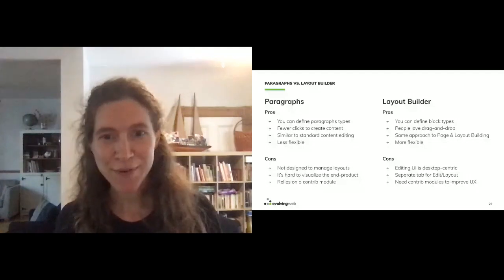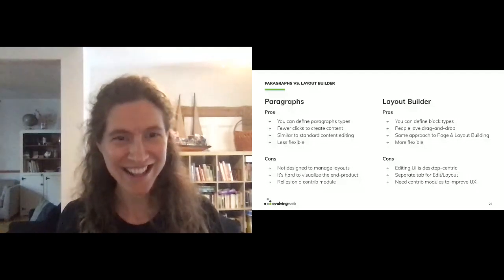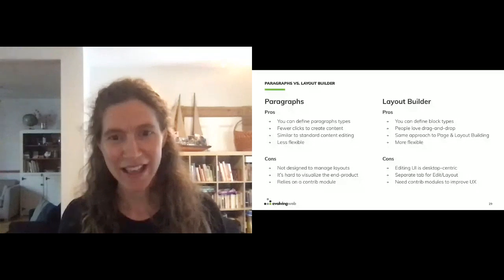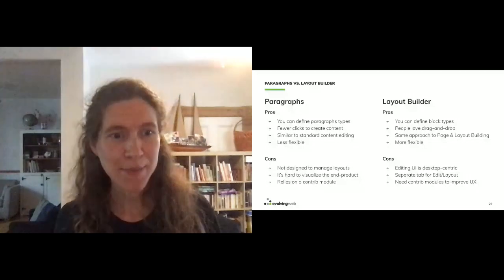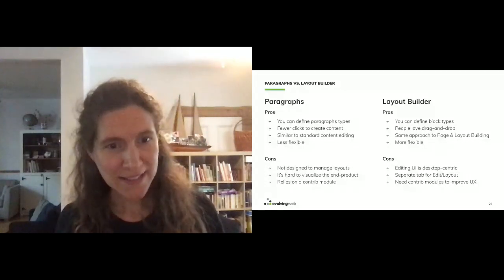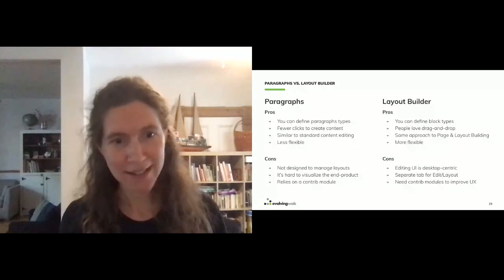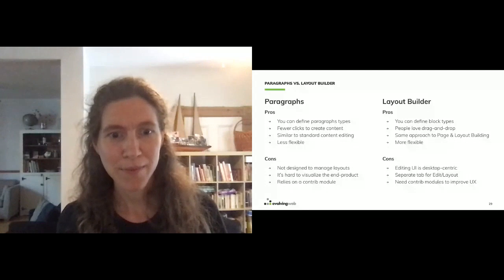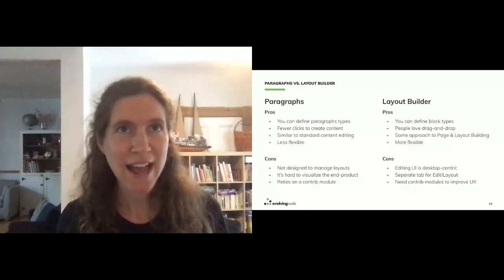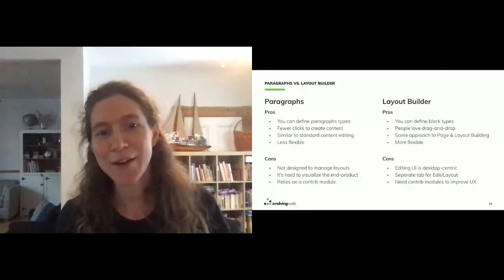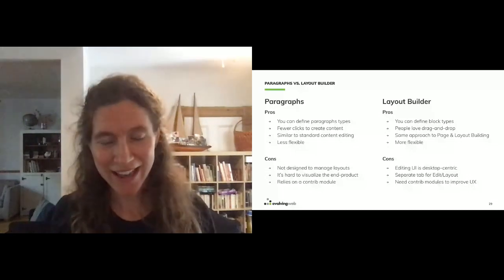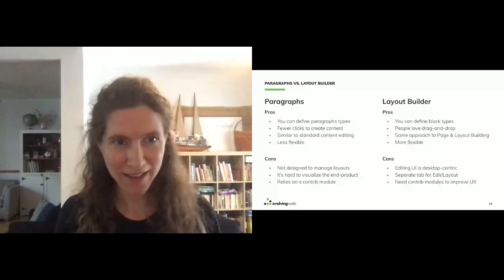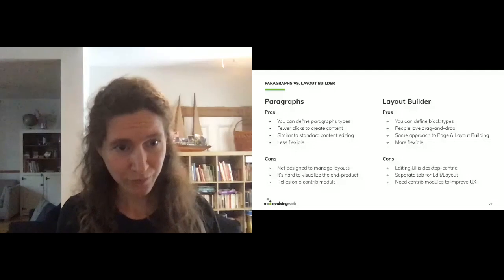In terms of negatives, I think a lot of these things, well, some of these things can be addressed, but on the paragraph side, paragraphs is simply not designed to manage layouts. And so the content editor is expecting some kind of a preview of what their page is going to look like, and they're just not going to get that with the paragraphs module.